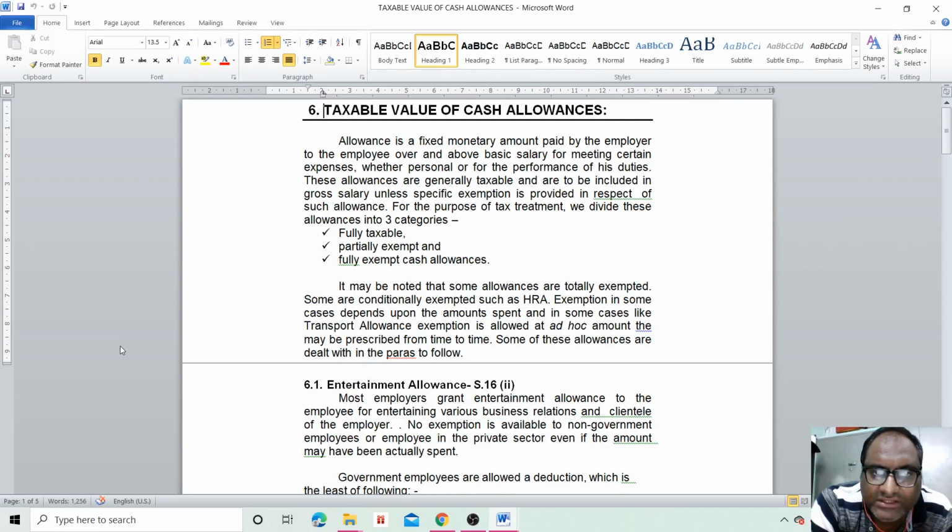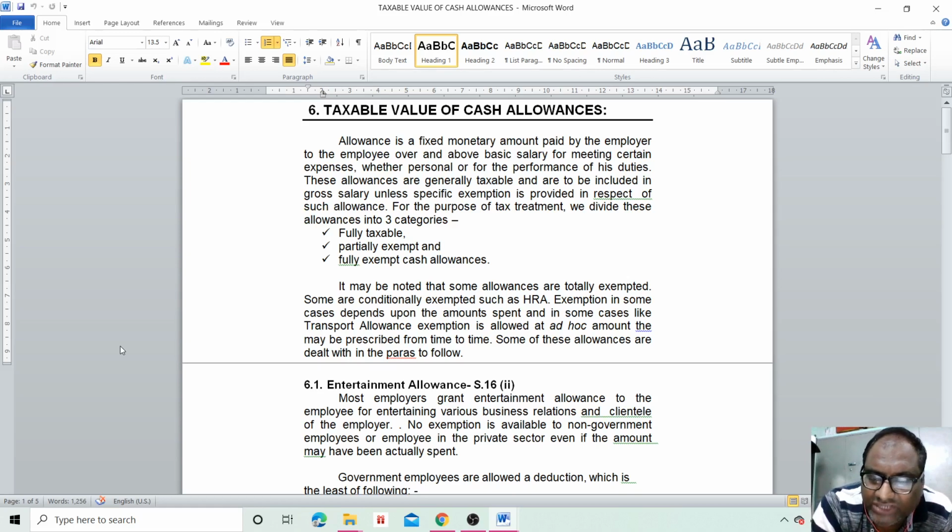So allowances is a fixed monetary amount paid by the employer to the employee over and above basic salary for meeting certain expenses, whether personal or in the performance of his duties. These allowances are generally taxable and are to be included in the gross salary unless specific exemption is provided in respect of such allowances. So, three categories में हम divide कर सकते हैं allowances को: fully taxable, partly exempt और